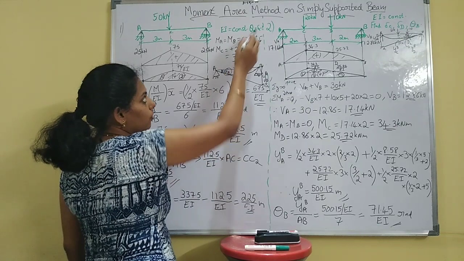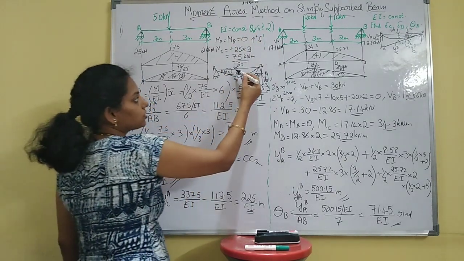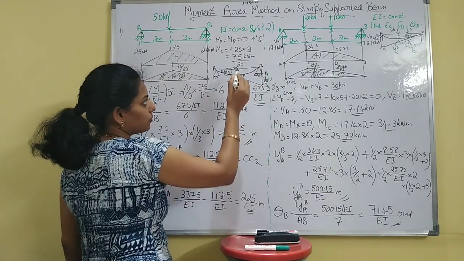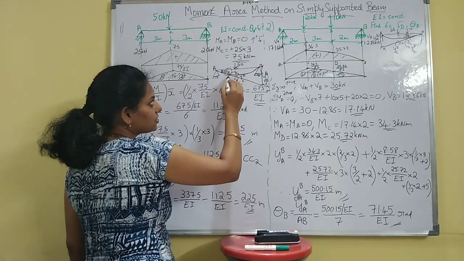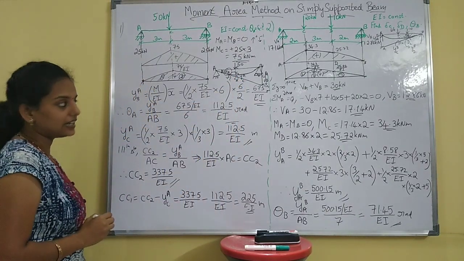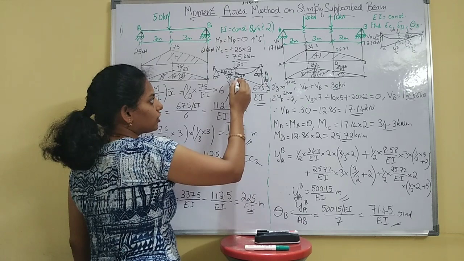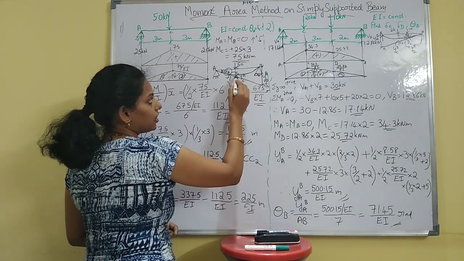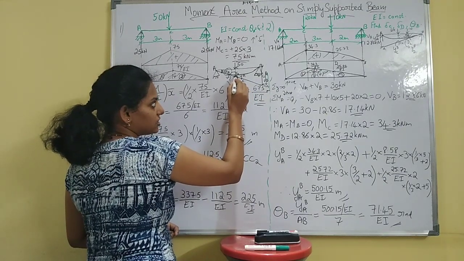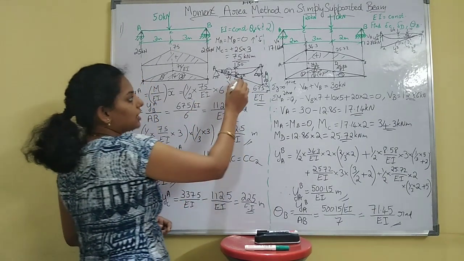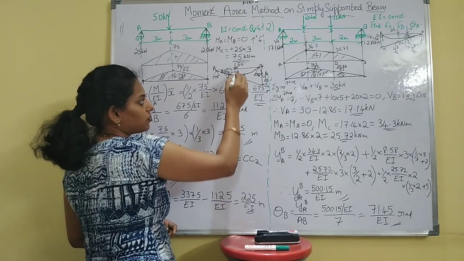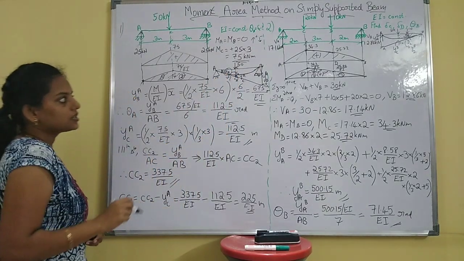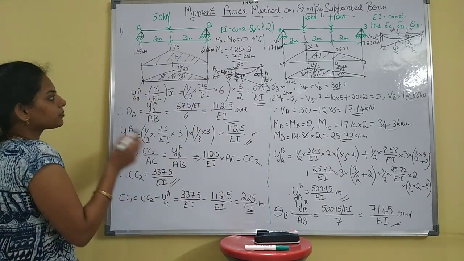And here, if you want to find this delta C, that is under the point load, just draw the deflection point. This is your unknown, nothing but delta C. You can find this using the moment area method. You will get this YCA from the tangent to the elastic curve, and from similar triangles you can find this CC2. Then later you can find this CC1, which we will see clearly while solving.